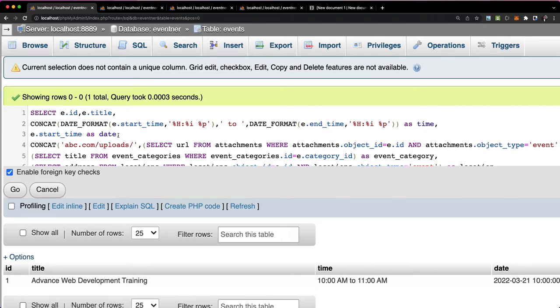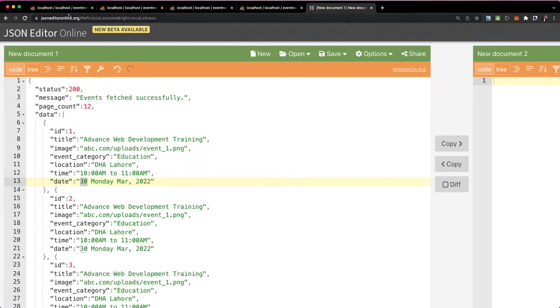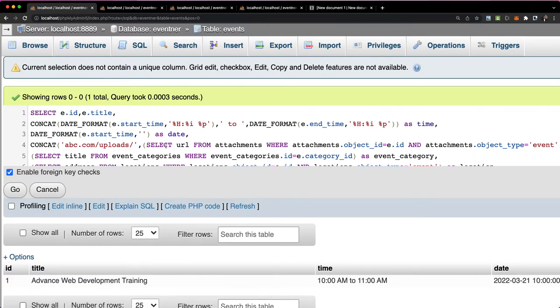So again, what we will do, like we did here for the date formation, we need DATE_FORMAT(event.start_time), and as date will come at the end. And for the date formation we need a few things, for example, first we need the date actually, and to get the date we need to use %e,